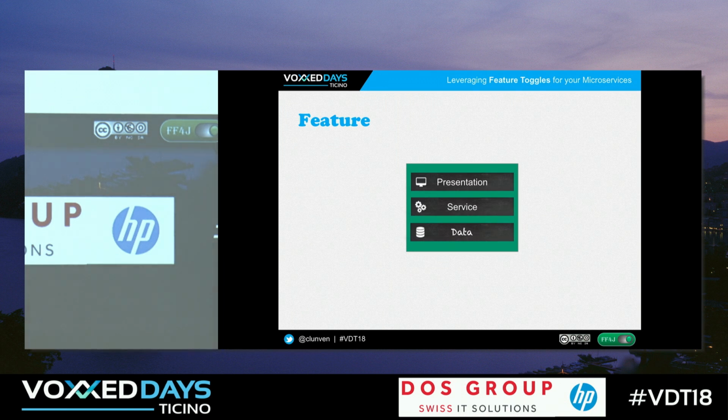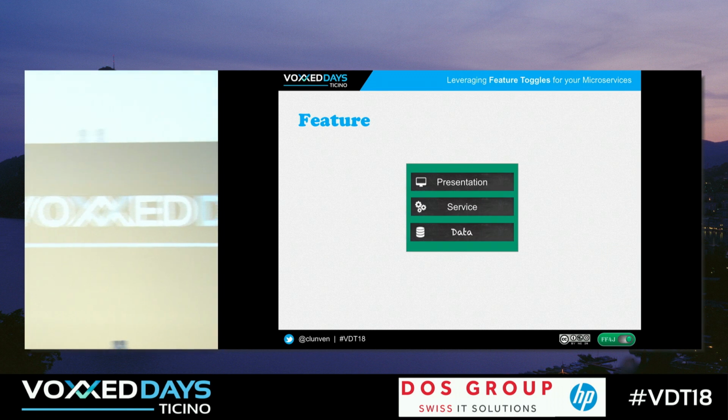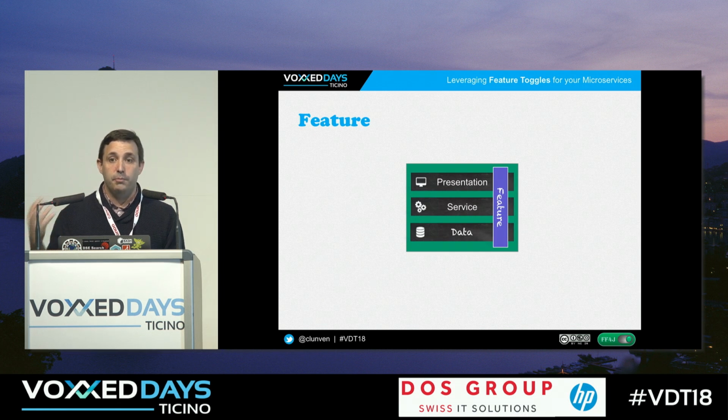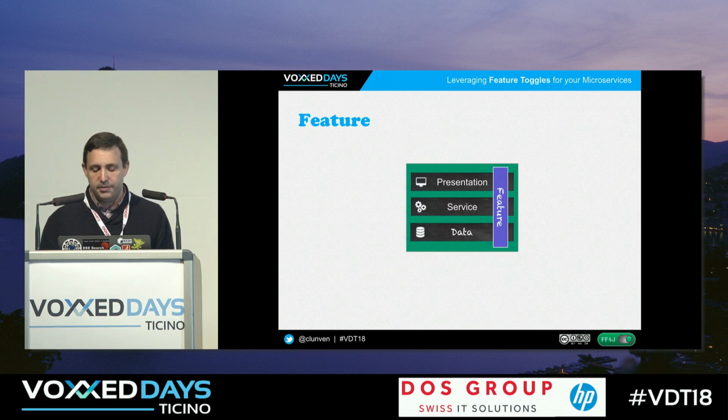Okay, so before going to a live demo, I would like to introduce what a feature is. Probably most of you already know. It's a behavior in your applications, a business function you try to implement. The important thing I would like to show you is that features should be implemented in all the layers of your applications. So if you want to enable or disable a feature at runtime, which is feature toggle, you would like to be able to do that in all the layers of your application, and not only the services, but also the UI, for instance.